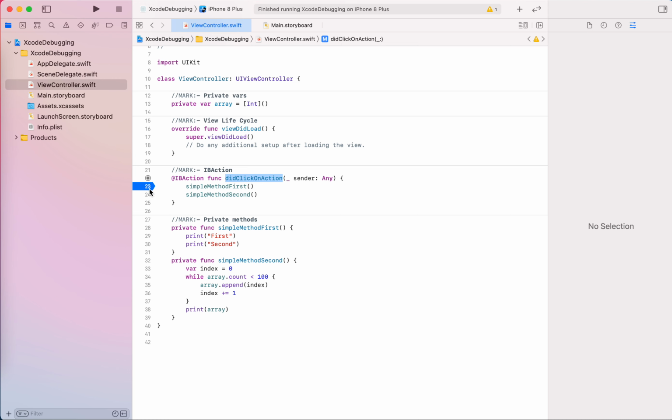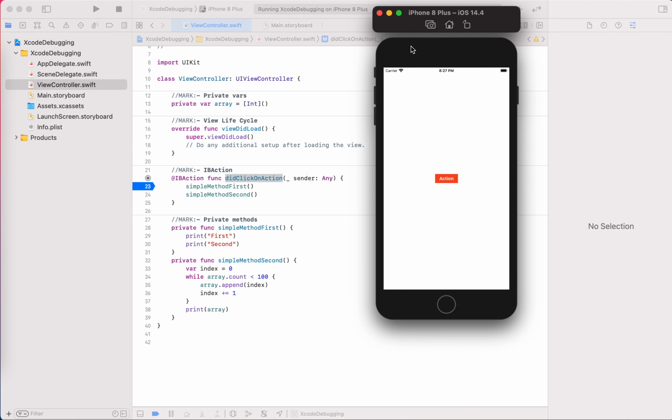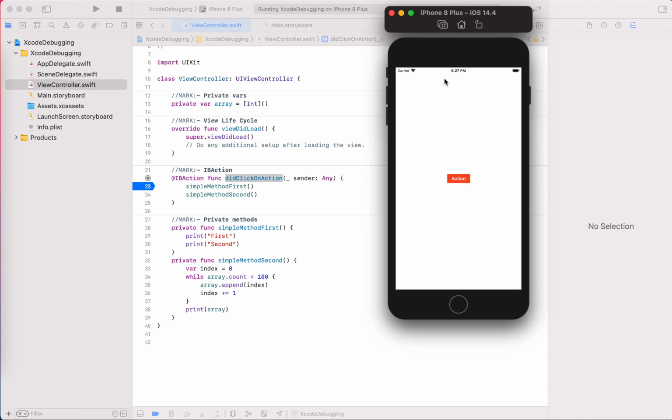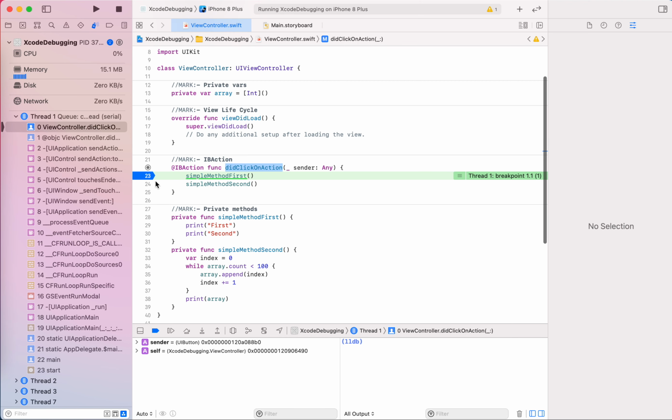So I added a breakpoint here and clicked on the execution button. Here you can see there is one button named action in our simulator, and I click on this action button. This method has been called, and you can see that our execution stops here. Whenever you add a breakpoint, Xcode will stop the execution at that particular line number.